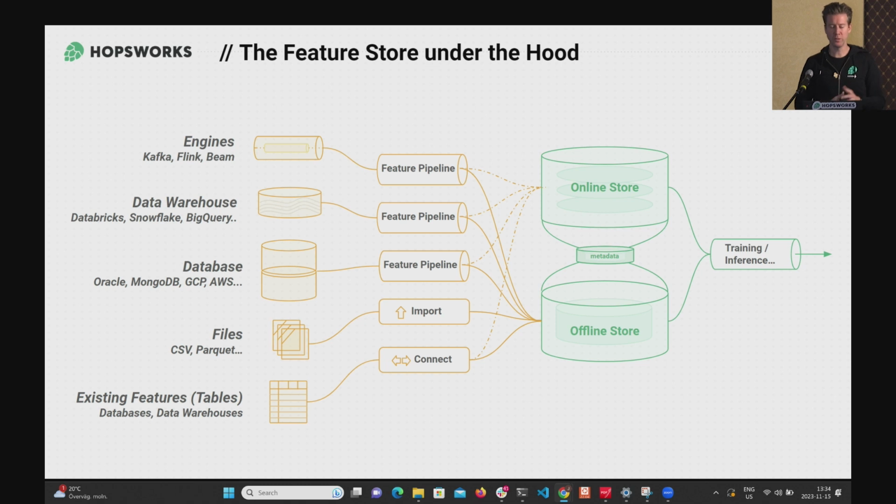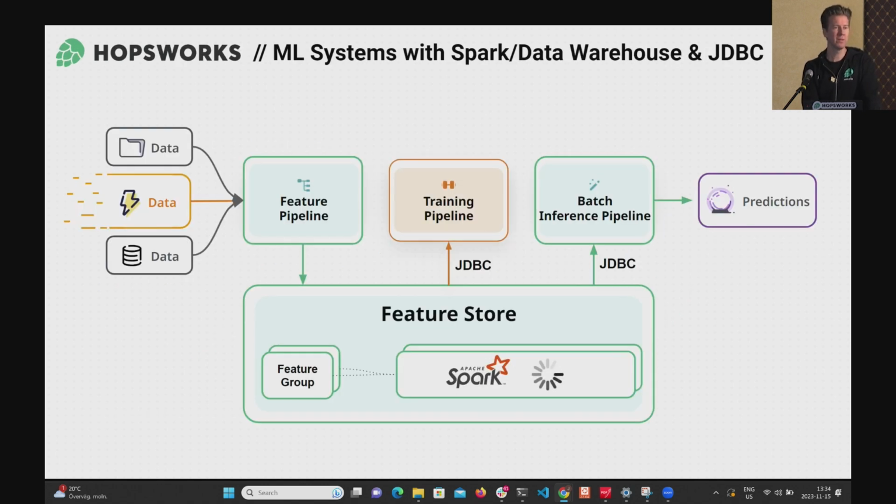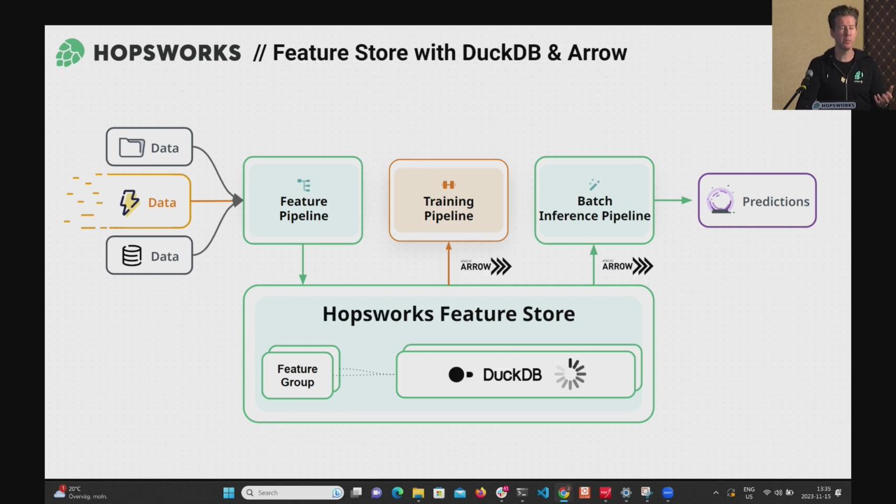Our feature store was the first open source feature store, and we've provided Python access via JDBC. So this kind of works. We have a serverless version of Hopsworks. It has over 4,000 users on it, and they have been using JDBC to download the feature data stored in this table format into a Python client. It works okay for small amounts of data, but it's really slow. So we really needed to fix it. What I'll talk about today is how we changed from using JDBC to using Apache Arrow, and we also changed the internal